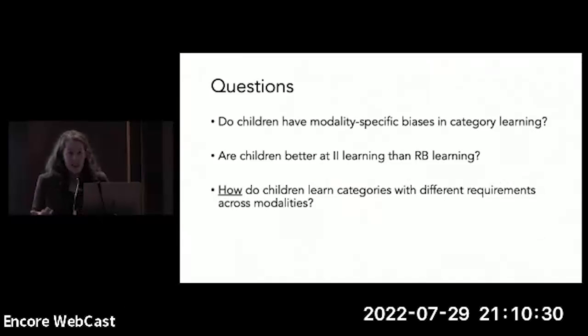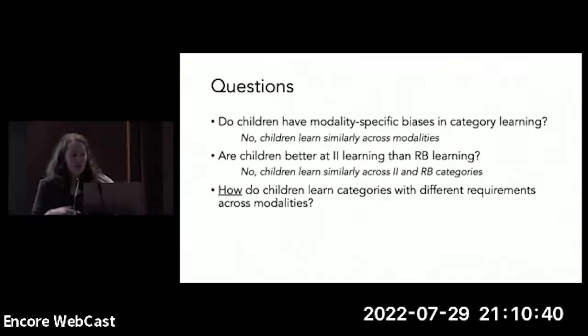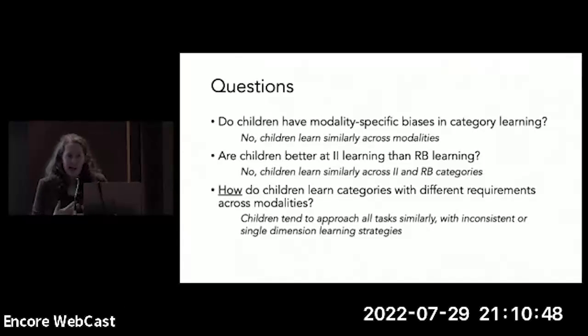And so returning to answer our questions from earlier, we see that children don't really have these modality-specific biases in learning. They learn the auditory and visual categories to similar extents. The children don't have this information integration kind of category bias. They learn the information integration and rule-based categories similarly. And then when we're looking at how they're solving these learning problems and their learning strategies, we see that they tend to approach the tasks pretty similarly using these inconsistent or single dimension learning strategies, no matter what they're being